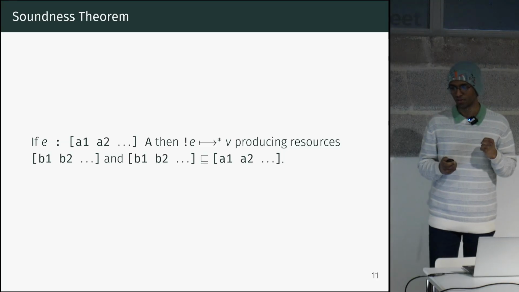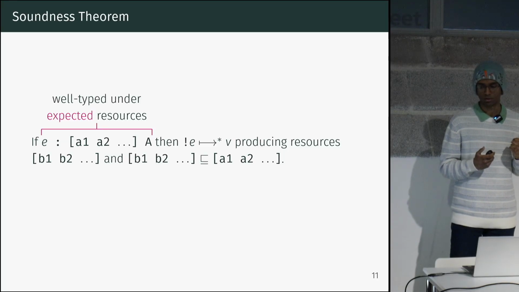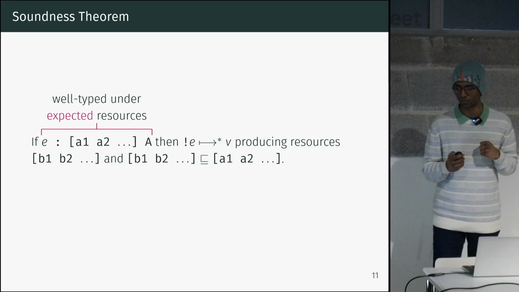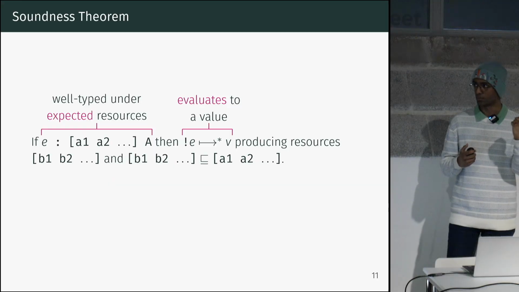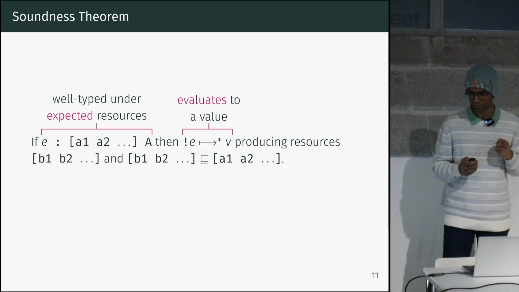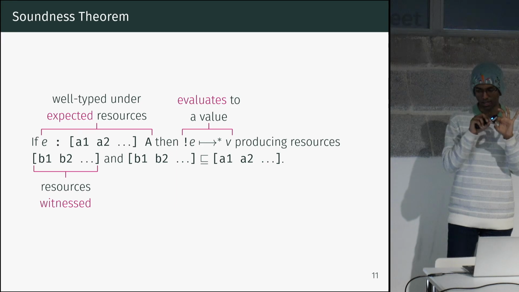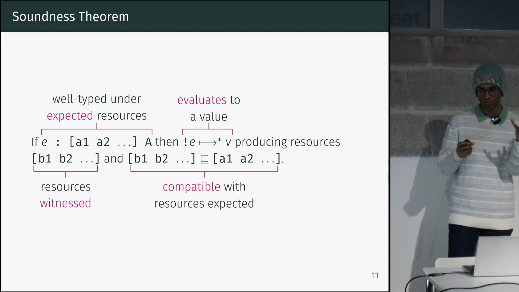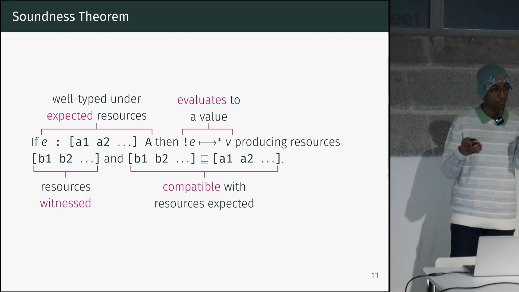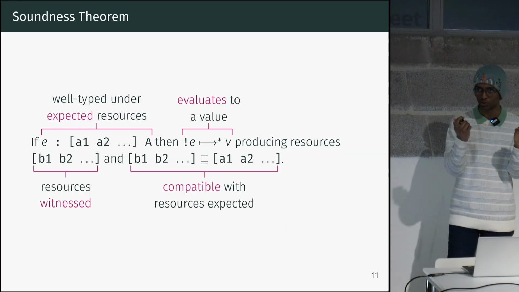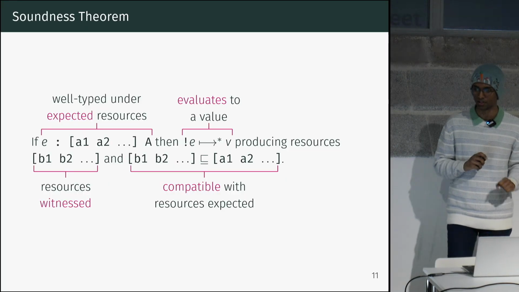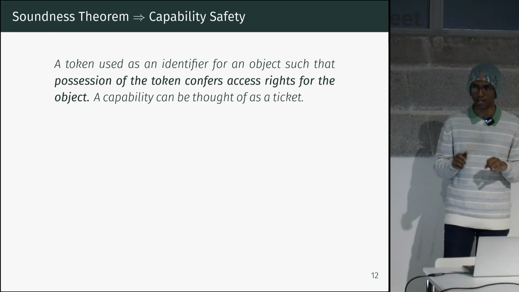So you can read this as, if we've got a well-typed program under some resources A1, A2, and forcing that program evaluates it down to a value, and produces some resources B1, B2, then the resources B1, B2 that were dynamically produced are substructurally compatible with the resources statically specified in the type of the program. And to see why this is so powerful and significant, I think it's really easiest to apply it to each